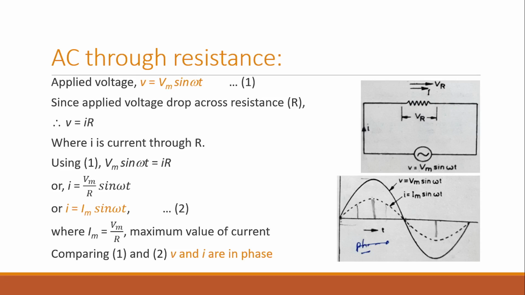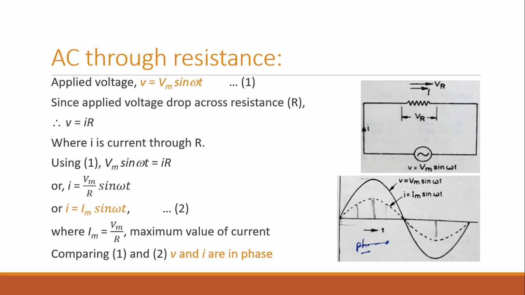As shown in the topmost figure, you will find that a resistance R is connected across AC voltage source V equal to Vm sin omega t. Current I flows through the resistance. It is again the current through the whole circuit, and voltage dropped across the resistance is equal to Vr, and it is simply equal to IR, current through the resistance and resistance.